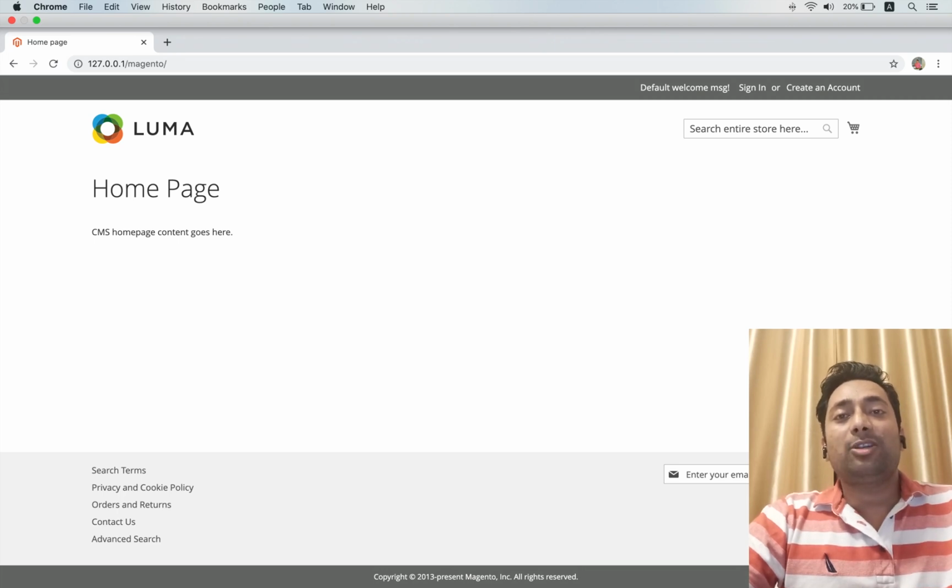Now we have an option to manually create these pages and populate the data. But manual creation of all the categories, products and static contents is going to take a while, and being a developer you would like to save time. To our rescue, we have sample data modules available in Magento 2 which can help us to deploy the sample data and experience how these different pages will look. Now let's see how to install sample data modules.